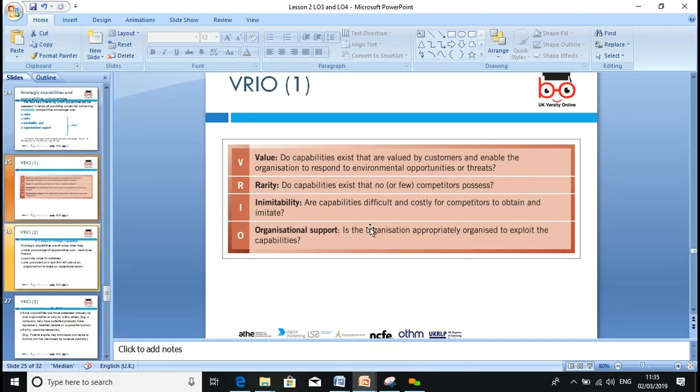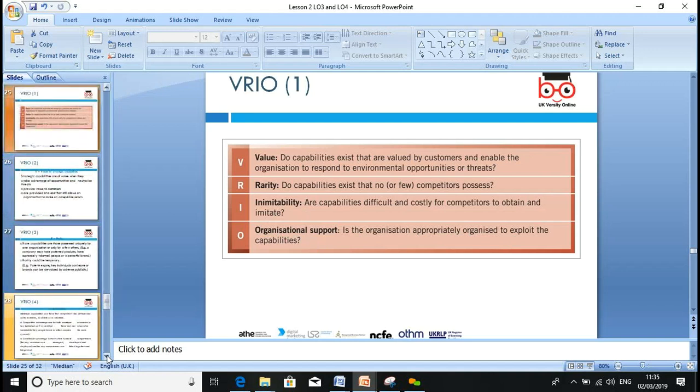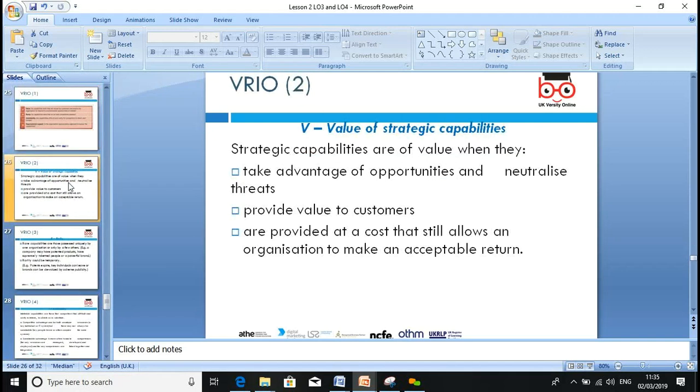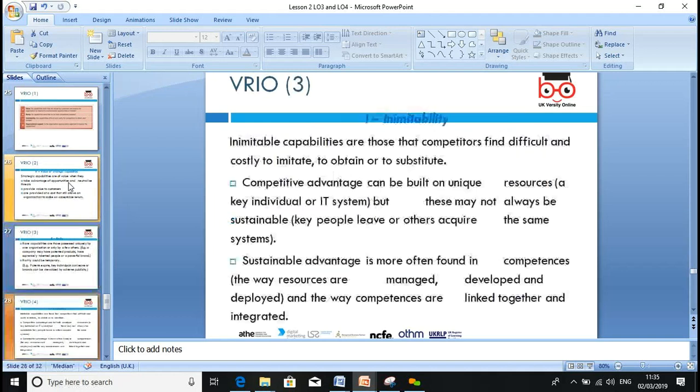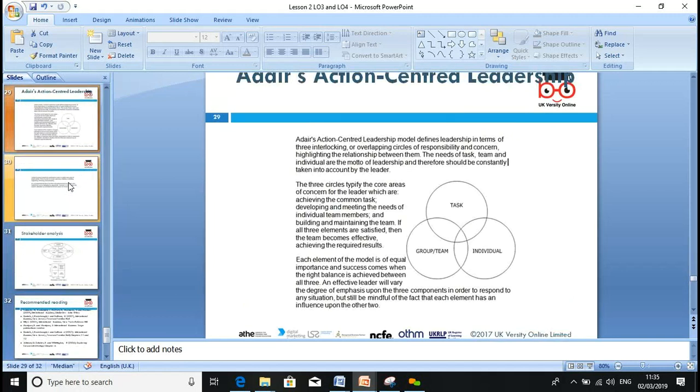Is the organization appropriate to organize and exploit the capabilities? People have ability, but we never really explore it. So we need to look at this effectively. So please, we can use this model as well. Okay, next we're looking at